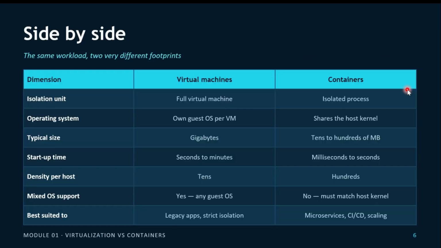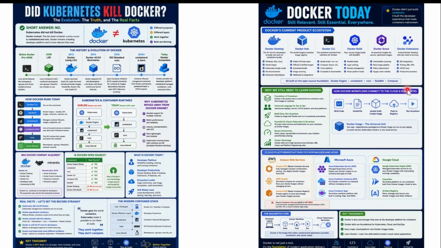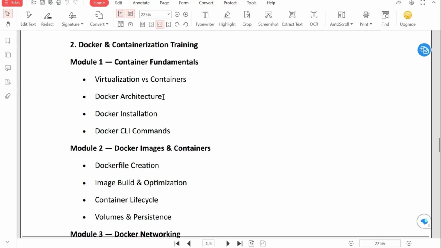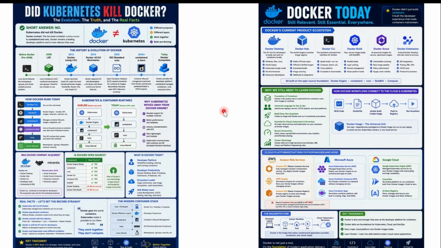Okay, so now we are done with the first set of discussion. Second topic was what? Okay, before we get into the Docker architecture, we will talk a little bit about Kubernetes, right? See, people have this confusion also. So currently, everyone is talking about Kubernetes. No one is talking about Docker really, because see, Docker has evolved, and Kubernetes is really needed for the containerized environment. See, let's say I have